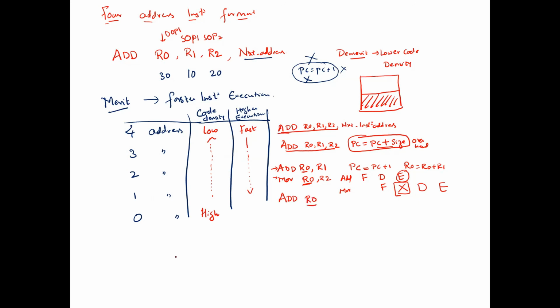Now, where is the other operand? If it is not mentioned here, by default, the other operand will be referred to stack memory. Now, how is it going to execute? It will take the content of R0 and add the content of the stack memory. And after performing the addition, it will push the result into the stack memory.